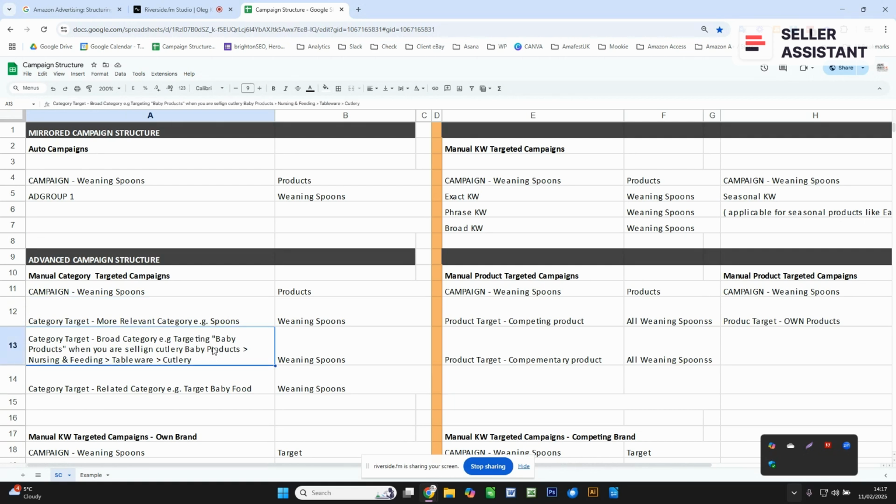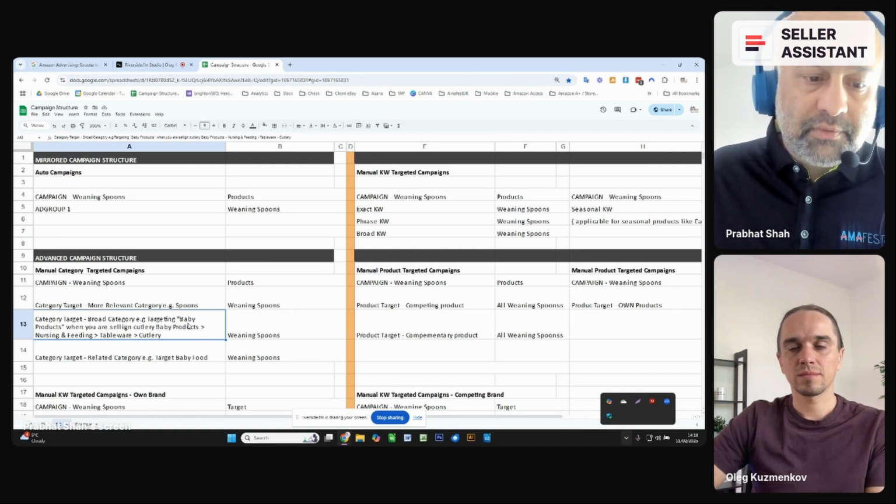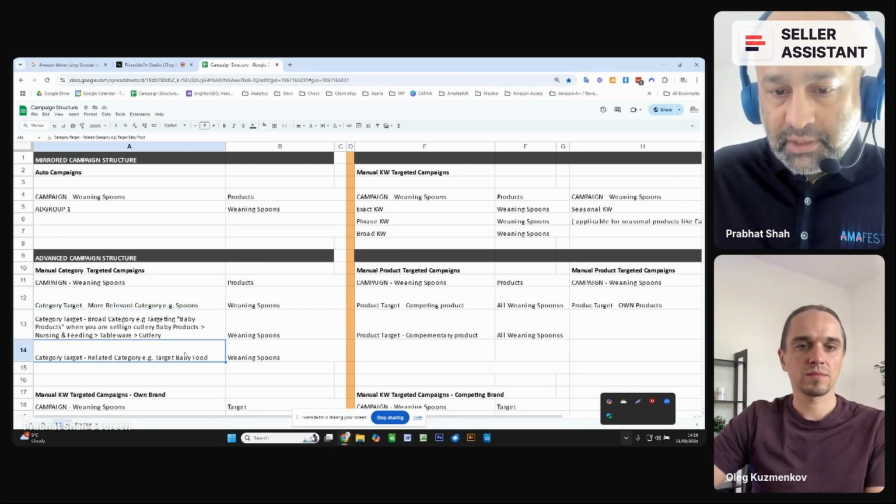And then we can also create another group within that particular campaign where we are targeting the category which is related to that product. To keep it simple, you can do two groups: one that targets the category that is exactly relevant to the product, and another that targets a related one. So that's one structure here.